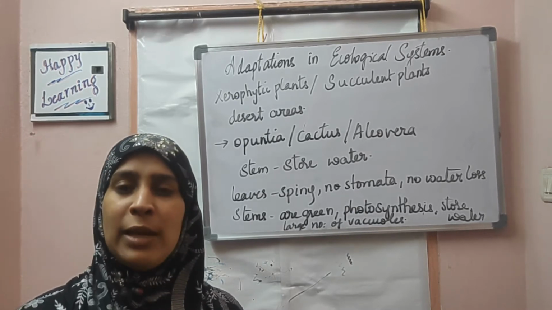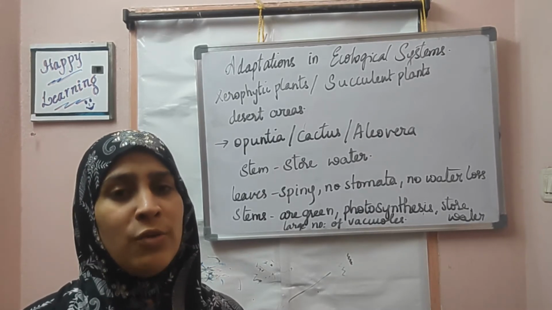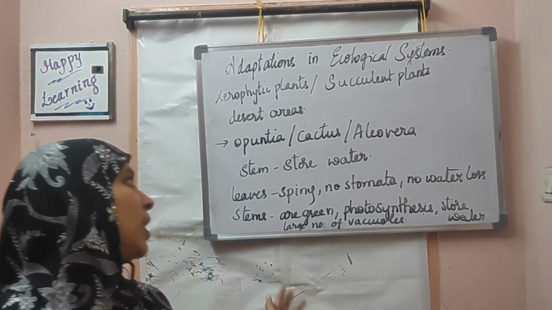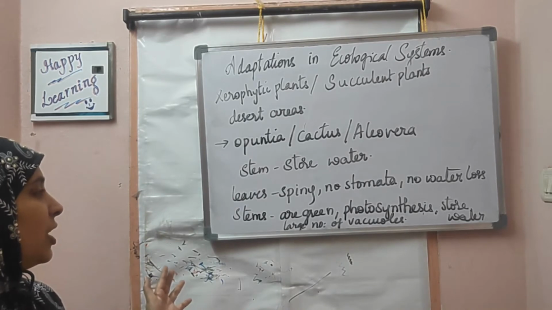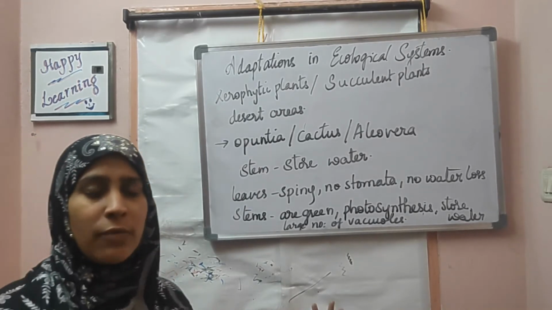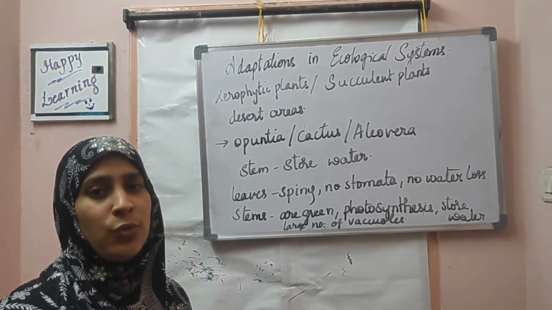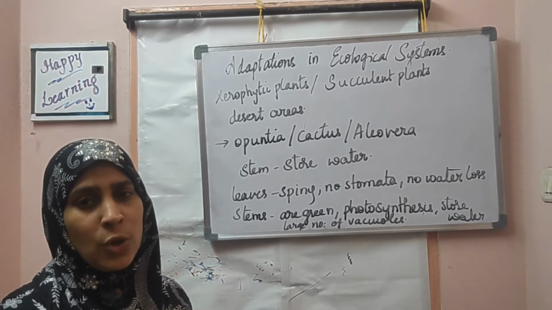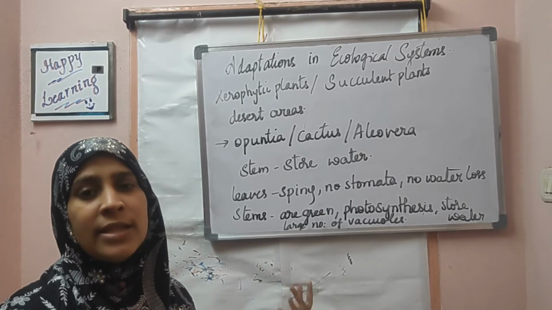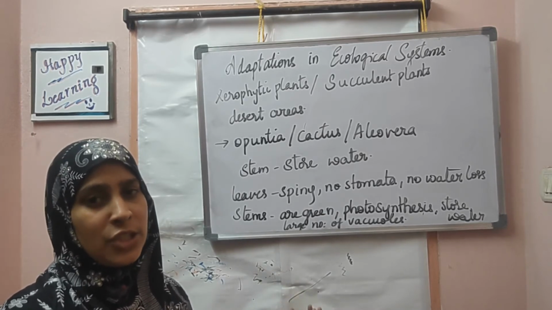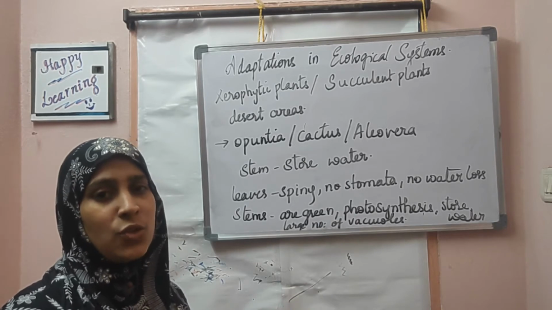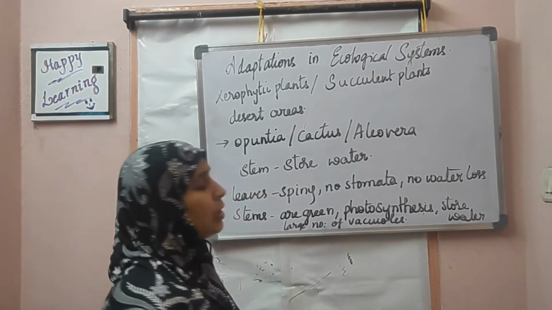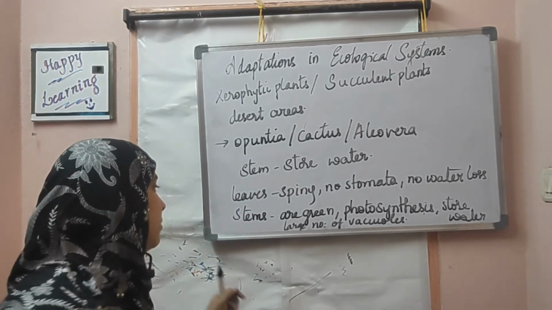But in case of succulent plants, even if you provide water once in a week, it will be able to survive. So this type of condition is called xerophytic condition. That means it can survive even if it does not get so much water. It can survive in other climatic conditions also, but its specialty is it can survive in very xeric conditions, that means dry conditions where there is no water. Other examples of plants that store water in the stem is